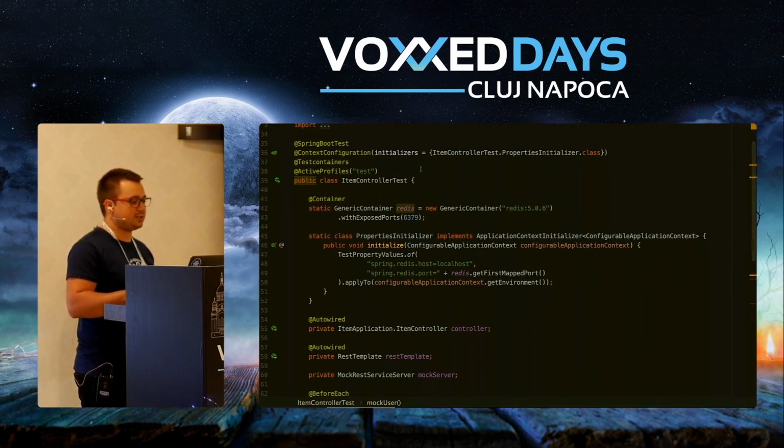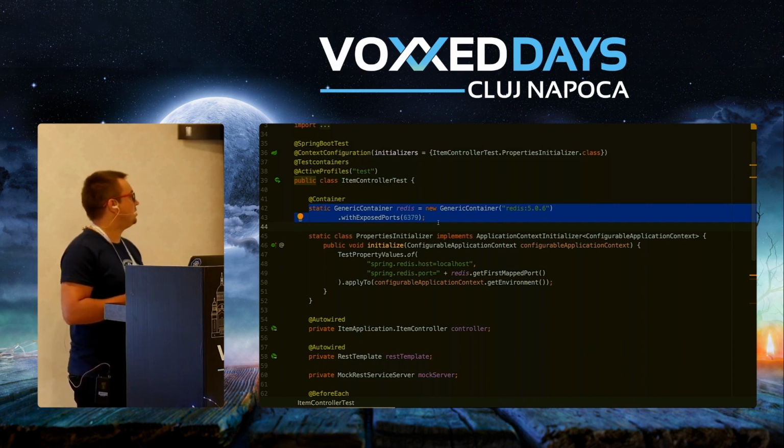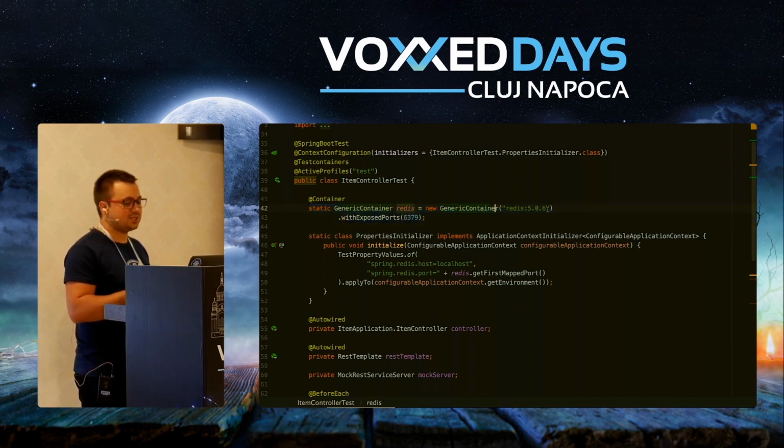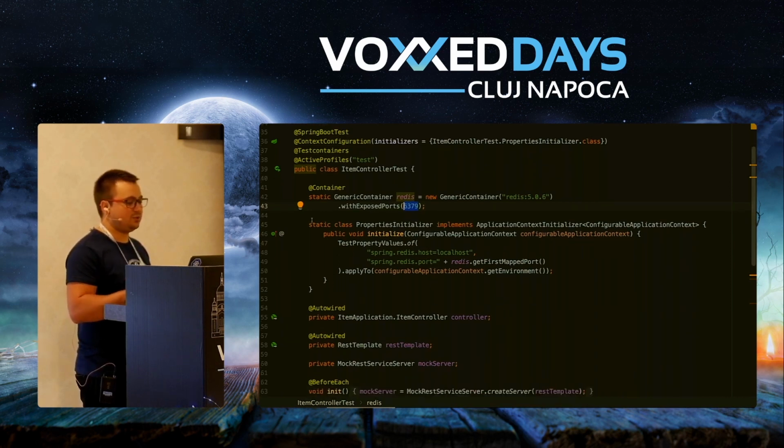It's a Spring Boot test. We have the Testcontainers annotation, but now we don't use the ready-made module for Postgres, but we are using a generic container, because Redis is so simple, so I think that's why they didn't create a specific module for that. This is the latest version, and we want to expose this port, which is inside the container, and it will be mapped to some random port outside the container. We do the same